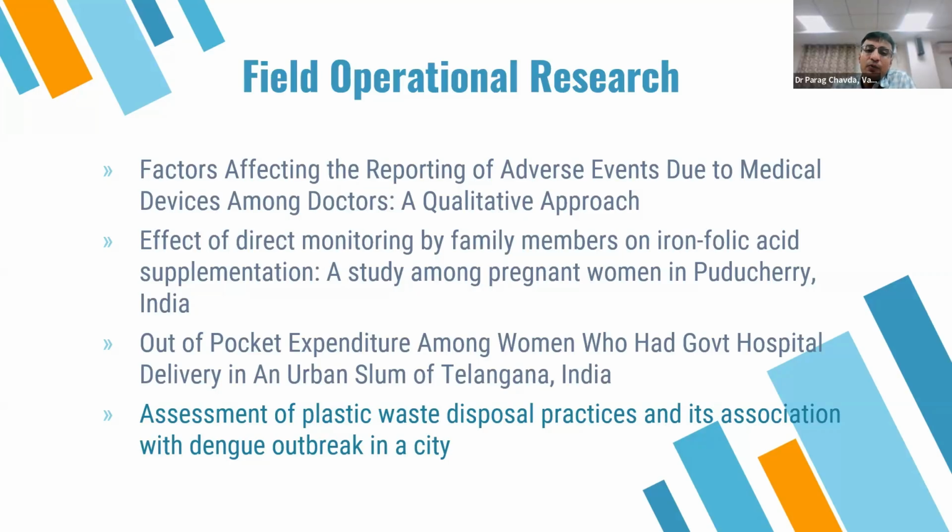So they did this wonderful study, finding out from within the city which are areas where the dengue outbreaks are very common, and went into that particular area, surveyed 100 households, and found out what proportion of households had plastic waste littered. Compared that to another area within the city where dengue cases were very less. Surveyed 100 households from that second area and compared what proportion of households in both of the areas were having plastic waste.